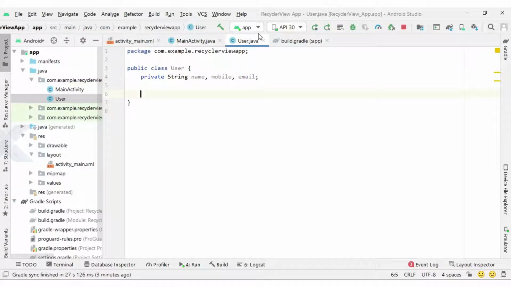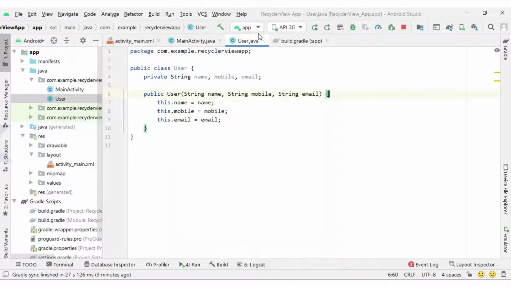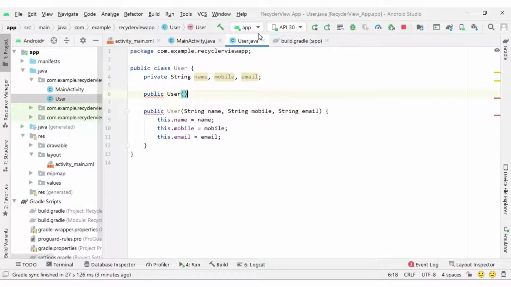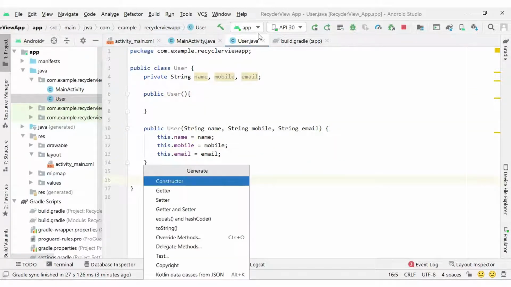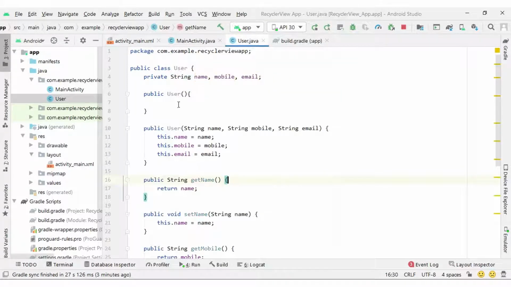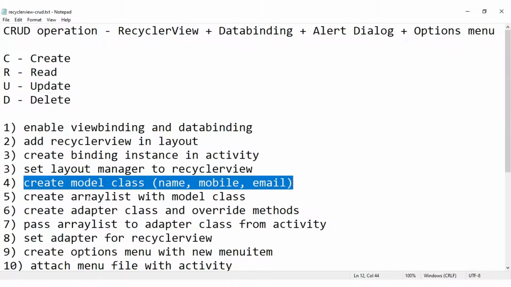Then with Alt+Insert I create the constructor with these three fields. I will also create one default constructor, and then Alt+Insert again for getter and setter methods. So the model class is ready, and the fourth step is completed.